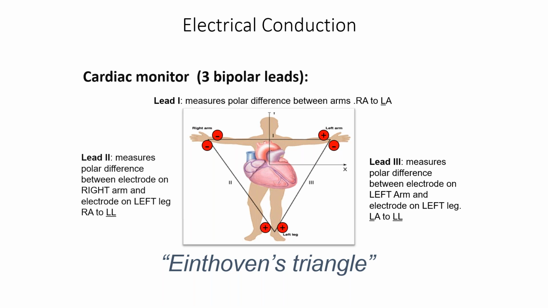So how do we, on a normal ECG, we have 3 leads. There's a good way to remember these, and it's by the number of L's there are in each one